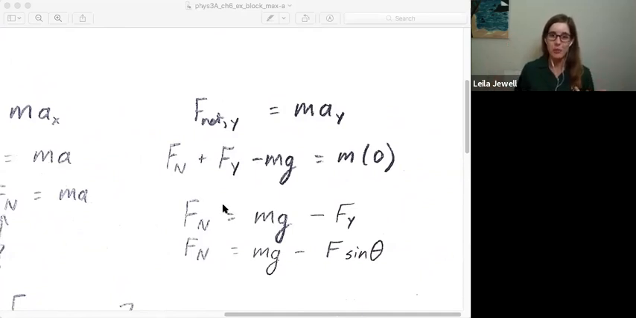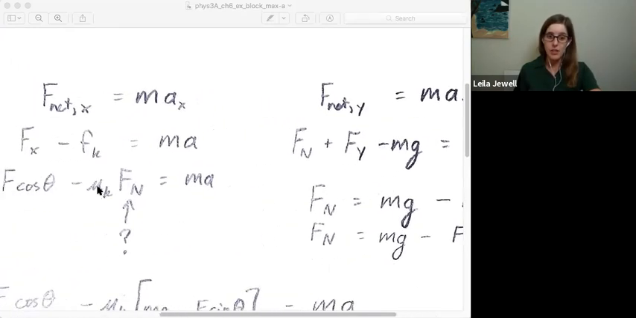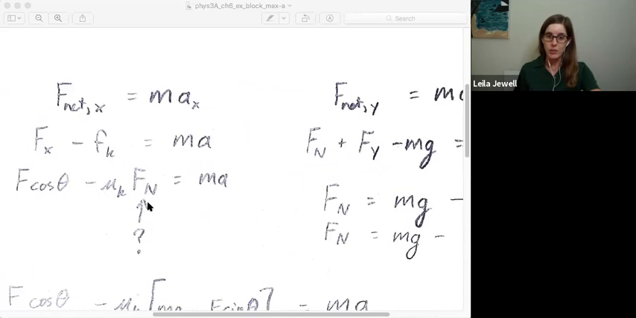So the forces in the y direction, we have the normal force, which is purely up. We have the y component of the applied force, and then the force of gravity, the weight mg, is pulling down. That's equal to the mass times the acceleration. There is no acceleration in the y direction, that's 0. So we get that the normal force is equal to mg minus the y component of the force. The y component of the force we already found is F sine of theta. So now we have an expression for the normal force